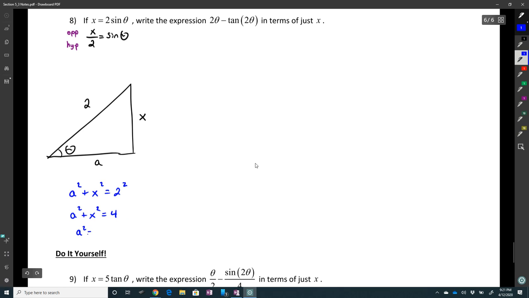Subtract. So I have 4 minus x squared. And then finally, I square root both sides. So A equals, and here,